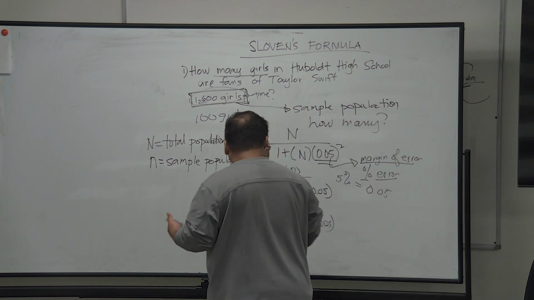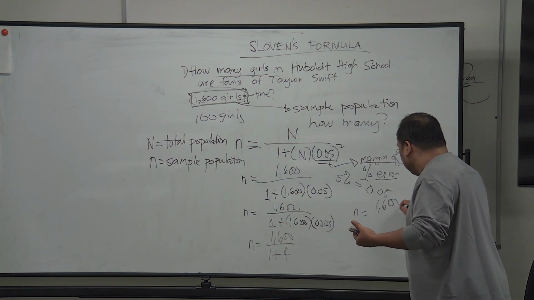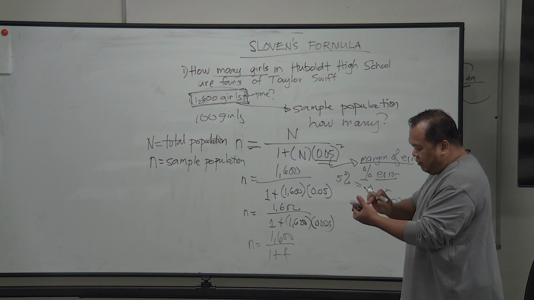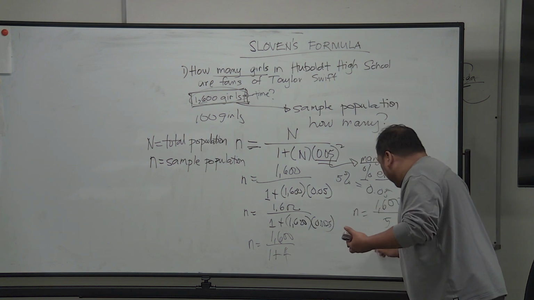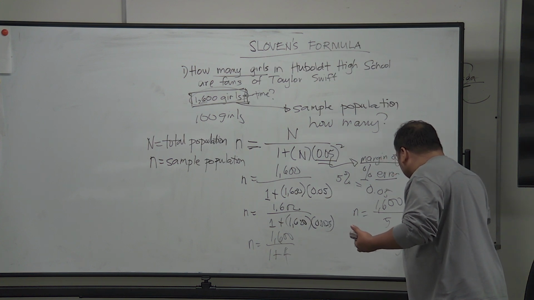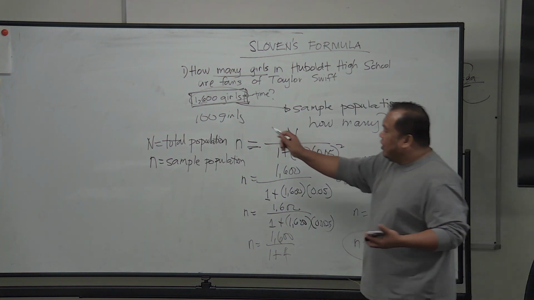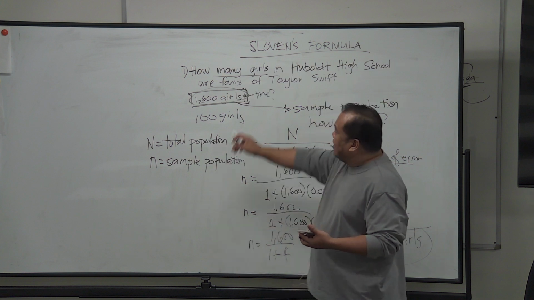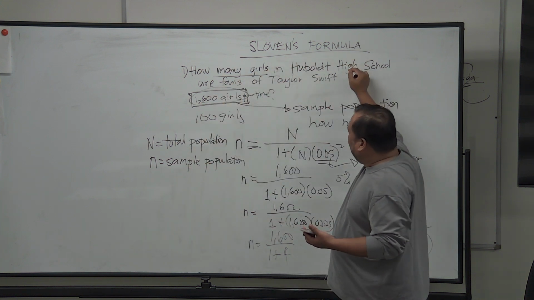So therefore, your n will be 1,600 divided by 5. Then that means you will only interview 320 girls. So instead of interviewing or asking 1,600 girls and finding out how many of them like Taylor Swift,